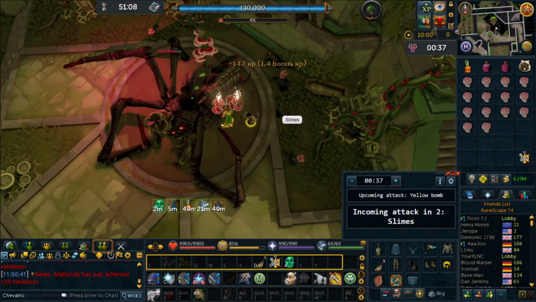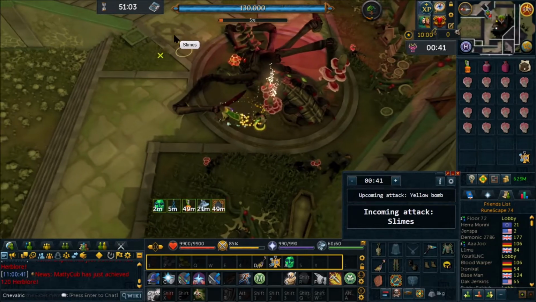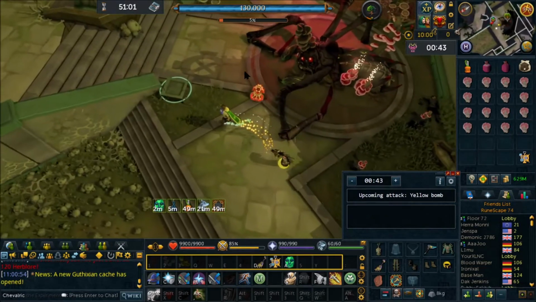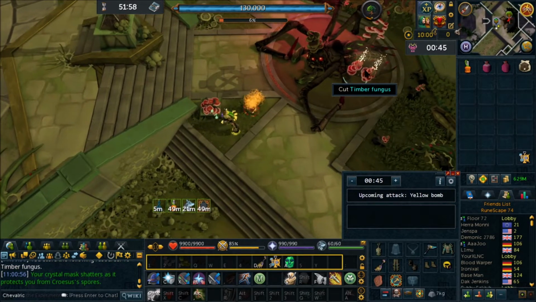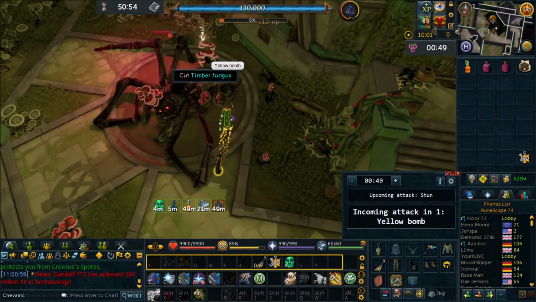Next up, the slimes. Due to crystal mask, I can actually ignore them whilst I gather my 16 resources and bring them to the deposit box. I run back to my timber fungus. As you can see, the slime hit me and it cleared out my